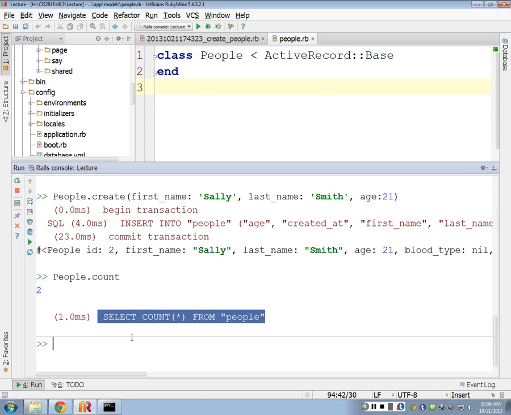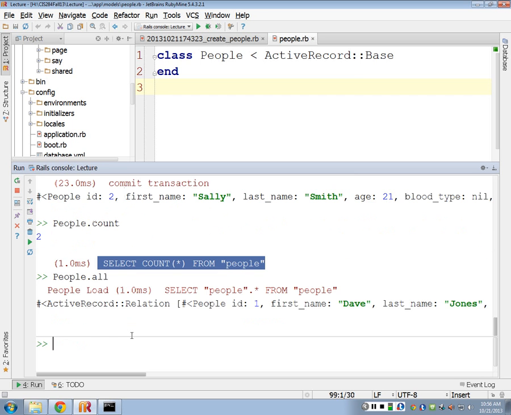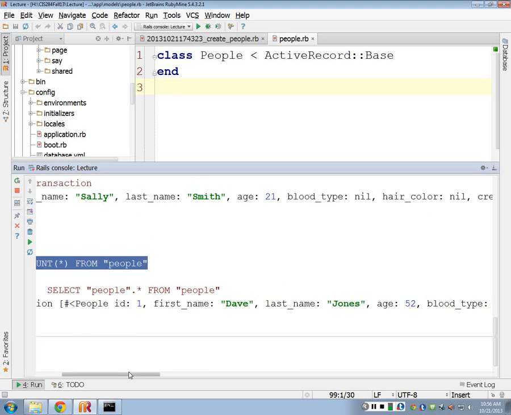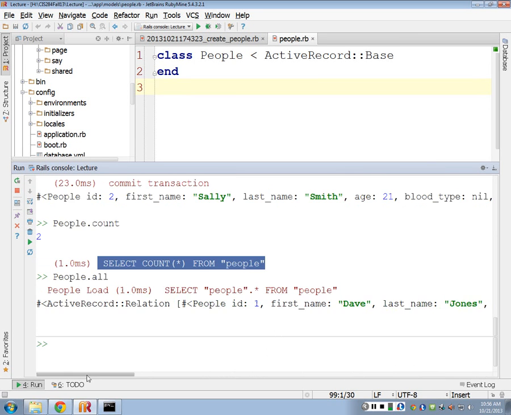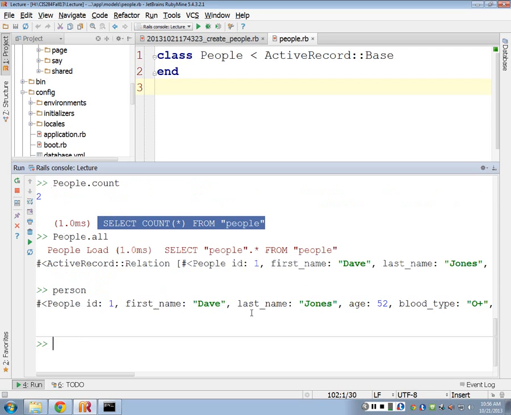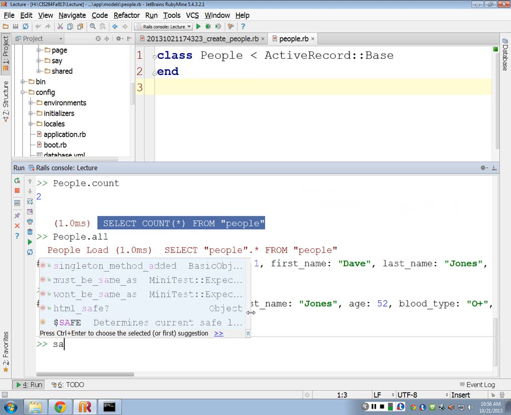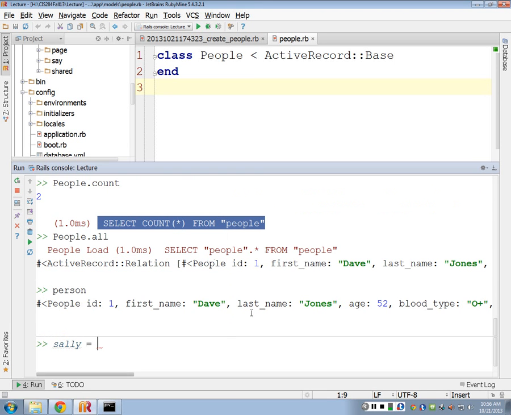Sweet. Yes? I can say people.all, and I get an array of people objects, and I'm going to have 1 and 2 objects. Okay, 2 different elements in my array. Any questions on that? When you call person, you have to specify which one. Well, yeah, person was Dave. That was always Dave. I might have a new one called Sally,